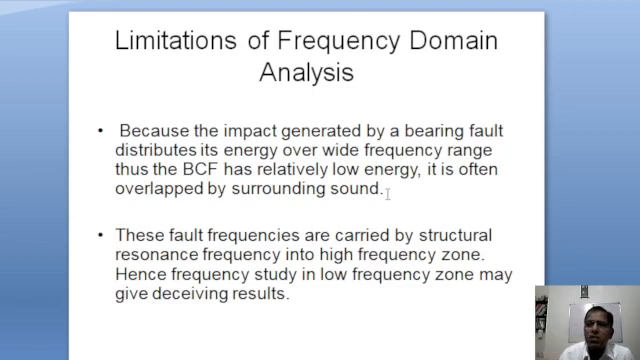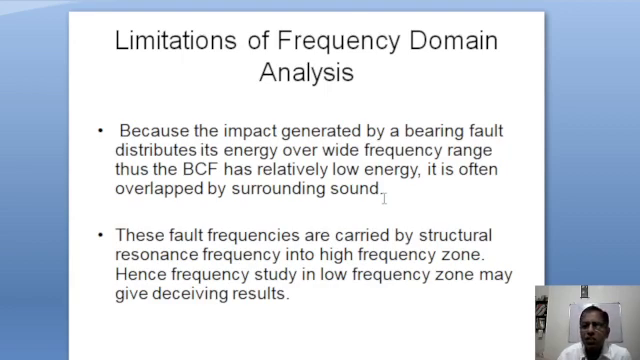So fast Fourier transform is basically used for low frequency analysis, and the problem with analyzing a signal in the low frequency zone is that, along with the bearing characteristic frequencies, there are other contaminating frequencies also involved, and the signal in the low frequency zone gets contaminated by the surrounding frequencies. Analyzing such a contaminated signal may lead to a faulty conclusion, maybe an inconclusive conclusion. So there is always a risk component involved